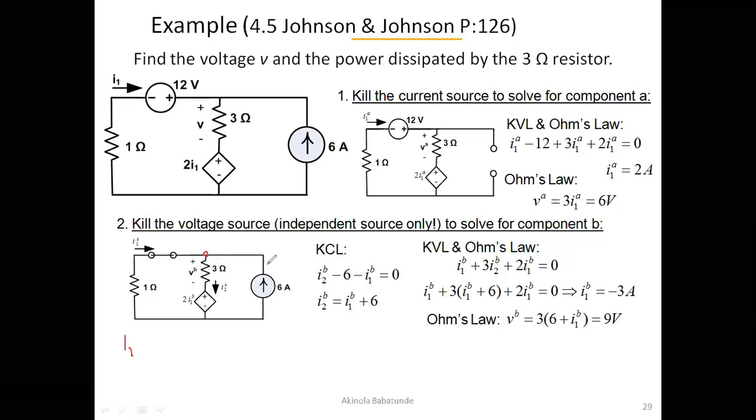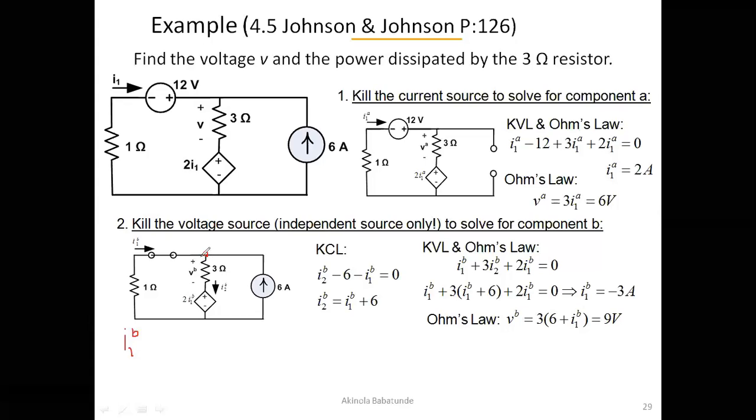Now, we have another current coming from this angle. So when both of them meet here, the current passing through the 3 ohm resistance will have its own unique current. You can label that I2B, okay? Which we didn't talk about in the first component, component A, but we're talking about it now. So we have I1B